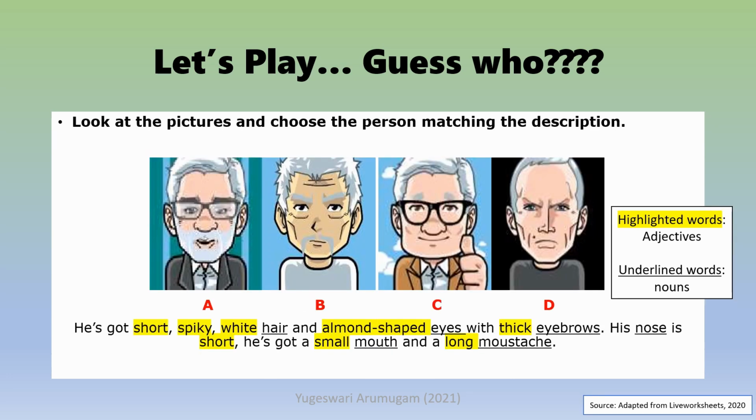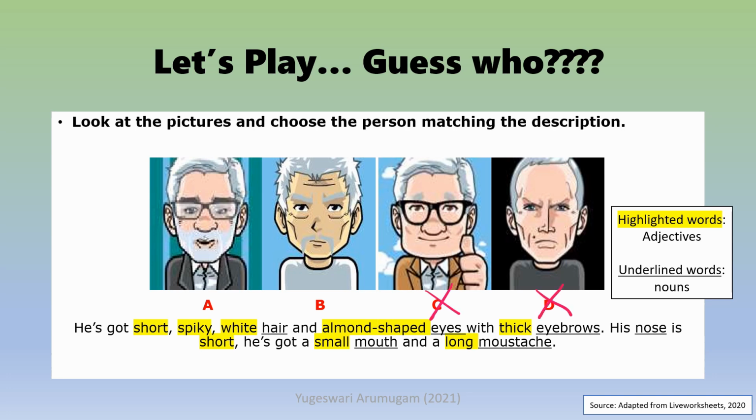Final round. Let's look at the description. He's got short, spiky, white hair and almond-shaped eyes with thick eyebrows. His nose is short. He's got a small mouth and a long mustache. Among the 4 options, we can omit options